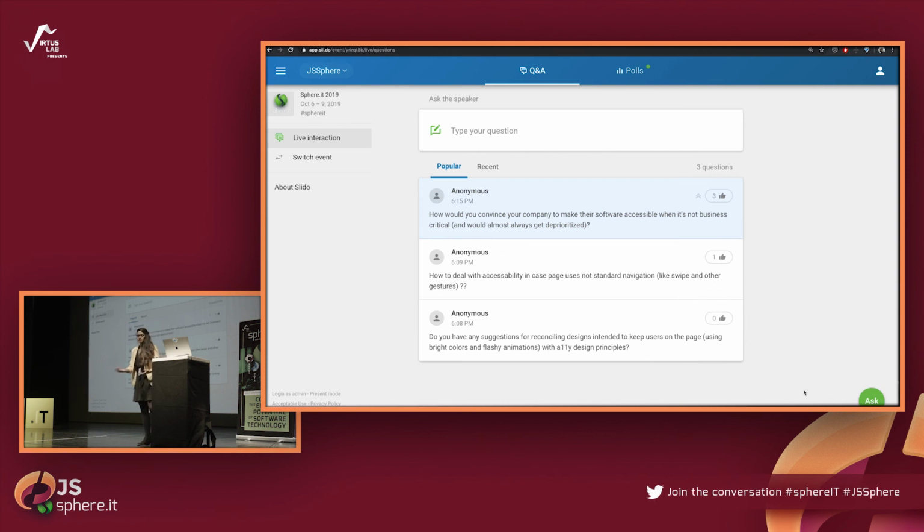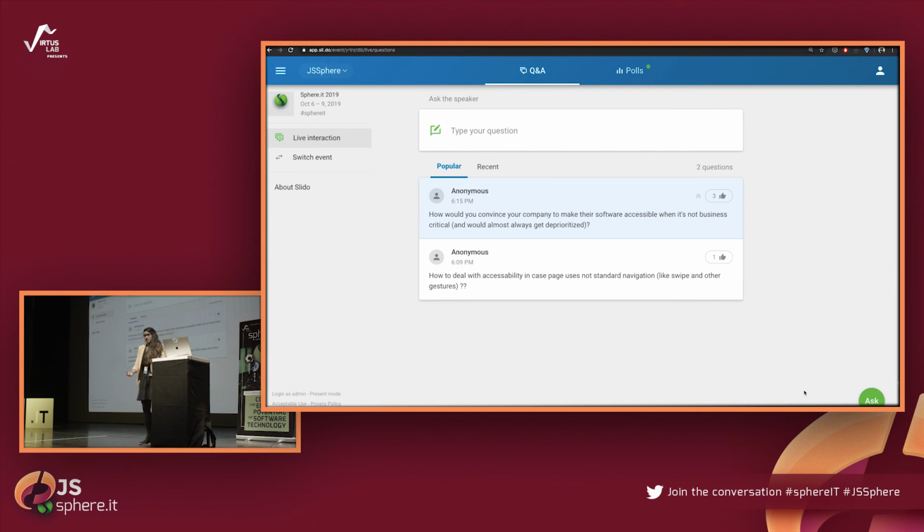So if you say to your boss, hey, we need to make our website accessible, and he says, but do we have users with disabilities? Your answer should be yes, because everyone can be disabled at any point in time. And when we develop for accessibility and for people with disabilities, we're not only developing for other people, we're developing for ourselves, because at some point in time, we're also going to be there. We're getting old, our vision is deteriorating, you're going to get shaky maybe when you're very old, so you're also helping your future self. And if you want to be selfish, then this is another way to say it.